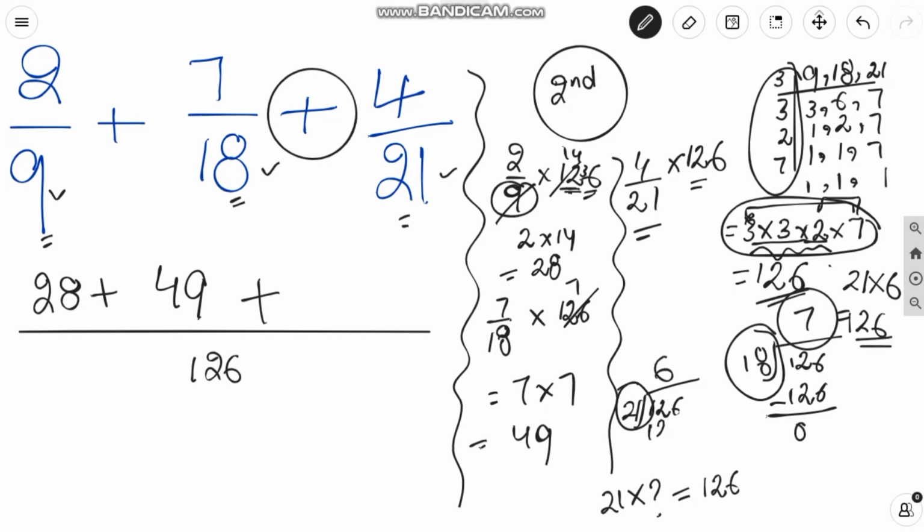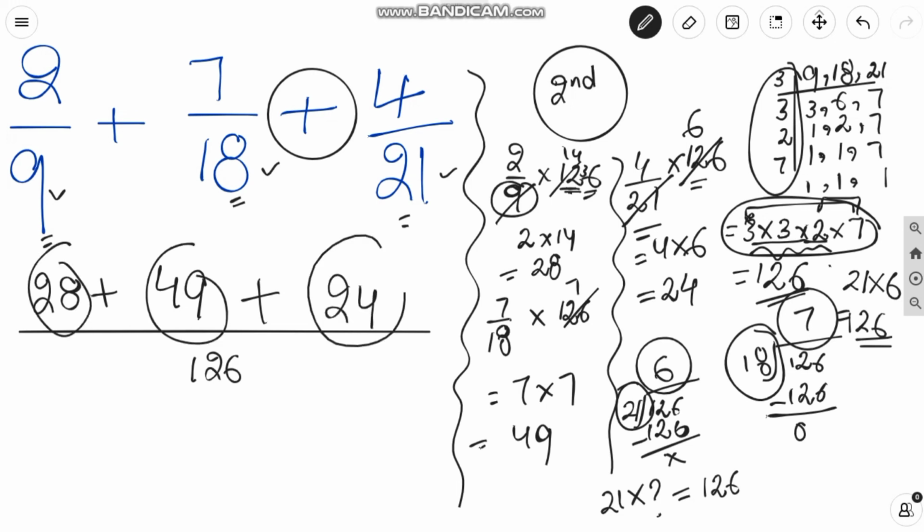21 multiplied by 6 equals 126. So 6 remains here. Now multiply 4 by 6, you will get 6 4s the 24. Just write 24 here. Now add these three numbers,